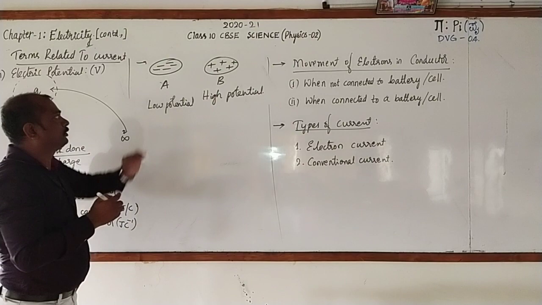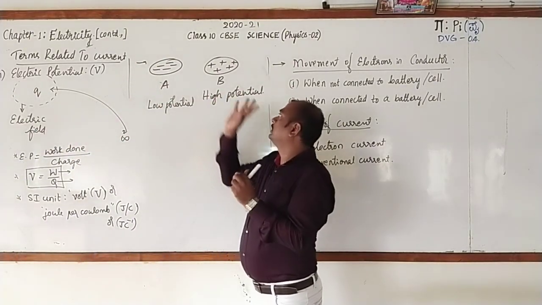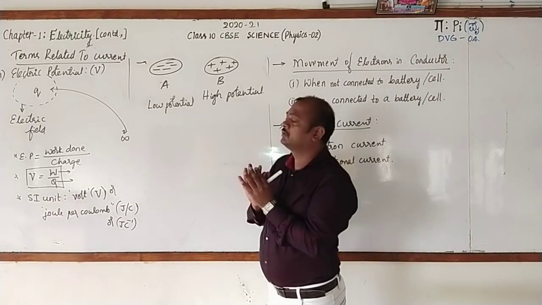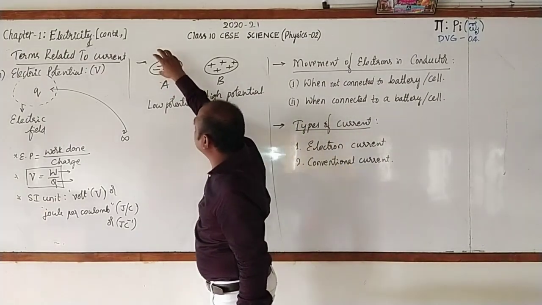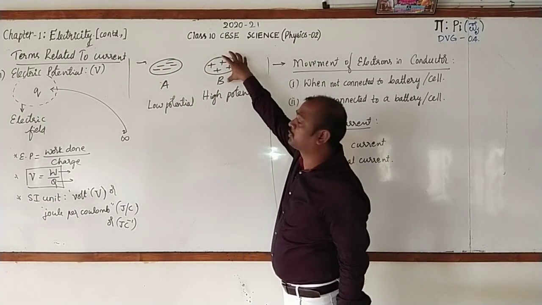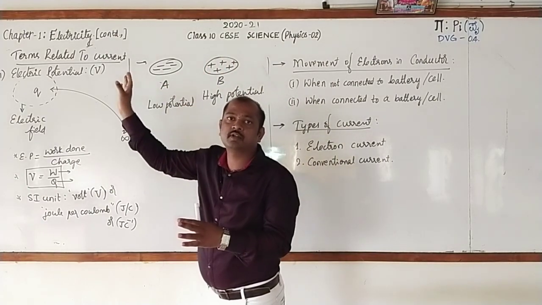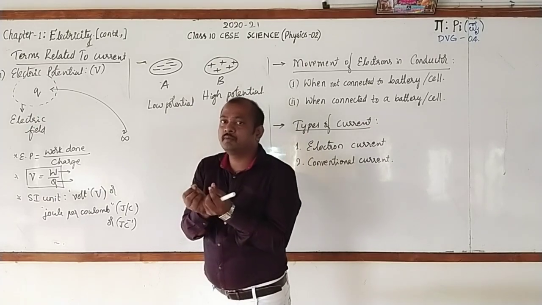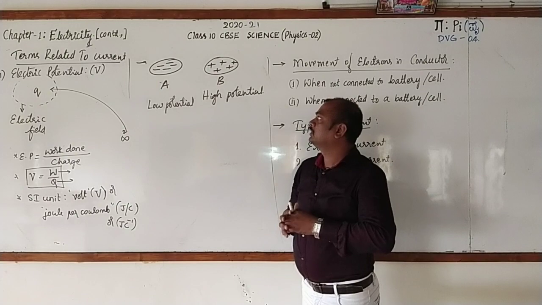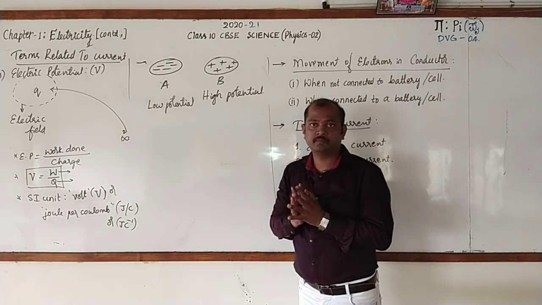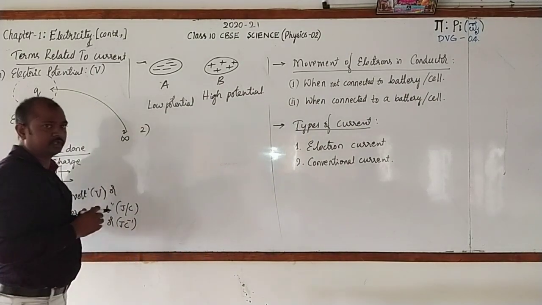So here we have two bodies. In the first body, electrons are more abundant. Second body B has protons in abundant quantity. It is an electron-rich region and it is a proton-rich region. As it is possible to remove electrons from atoms easily, they have less energy, hence they come under low potential. Whereas protons come under high potential. Followed? Okay.